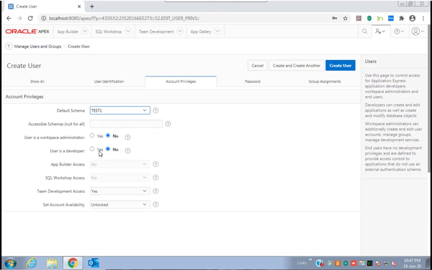Two options here: user is a workspace administrator, or user is a developer. There are three types of user. First, the workspace administrator with full power. Second, the developer, meaning a user who is an Oracle Apex developer who creates Oracle Apex reports and forms. And third, an end user who only runs those reports and forms. So you can see when I press yes,